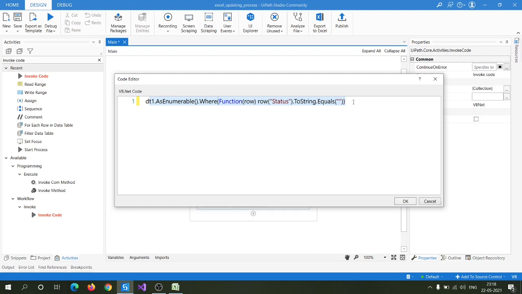Now after selecting the rows, we have to update them with the string Active.